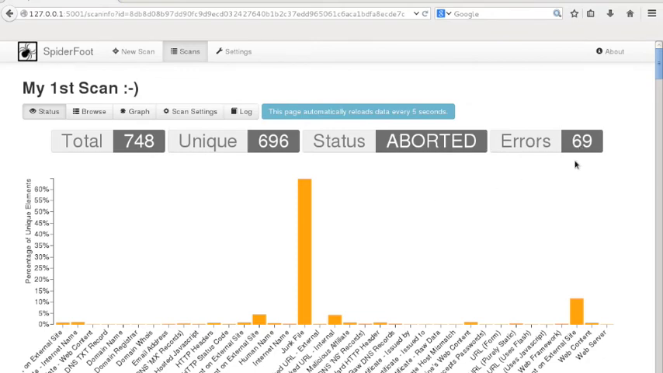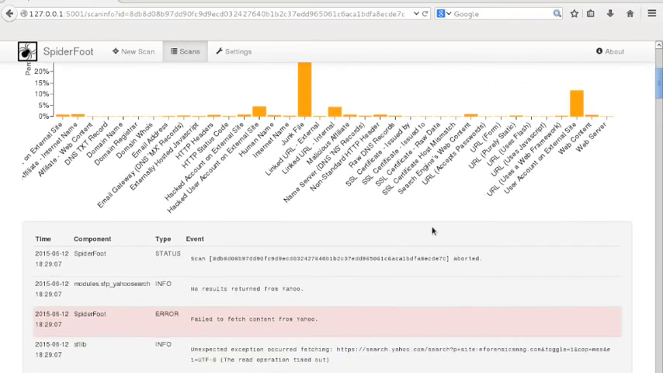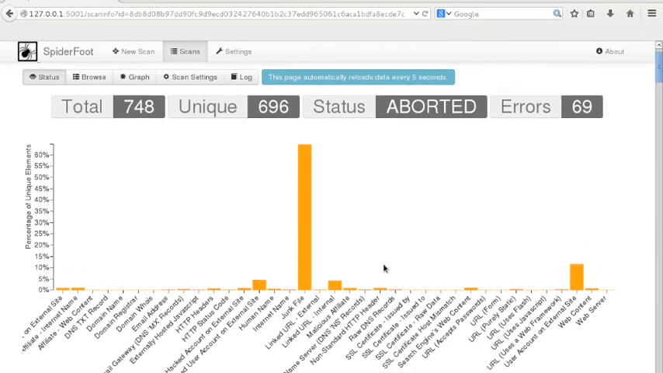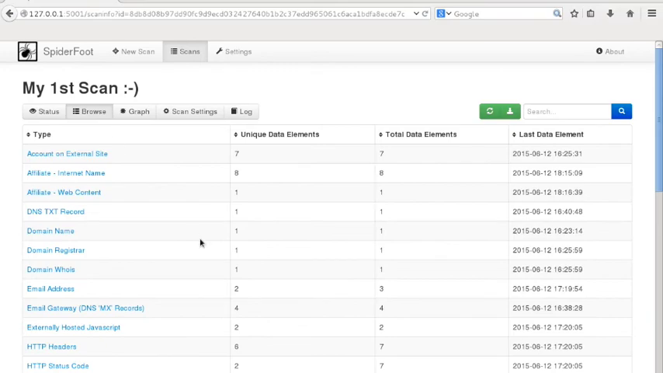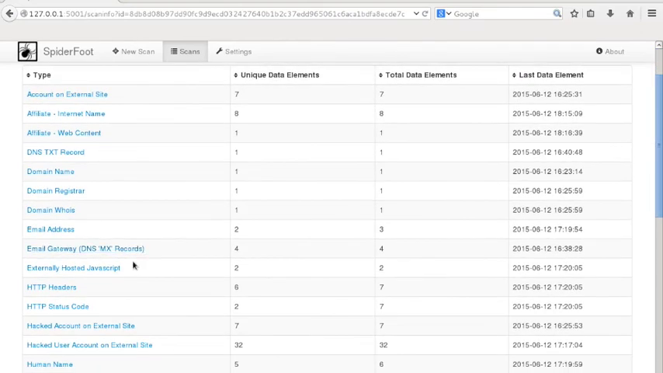You have a few errors. This is quite normal. Some of them can be failures to fetch content or connection timeouts. It just goes along. So you can check in browse for all the information. For example, email addresses. Here they have some email addresses, where it collected them from, and which module brought the information,